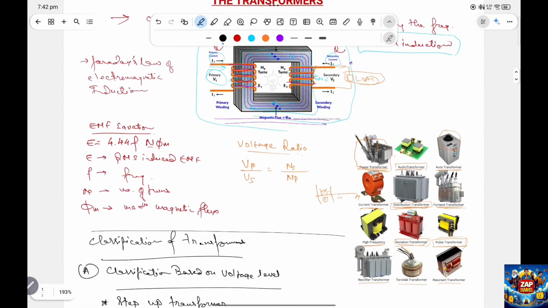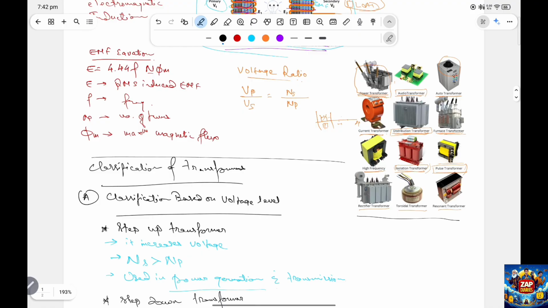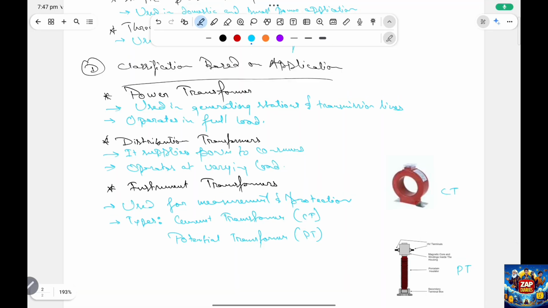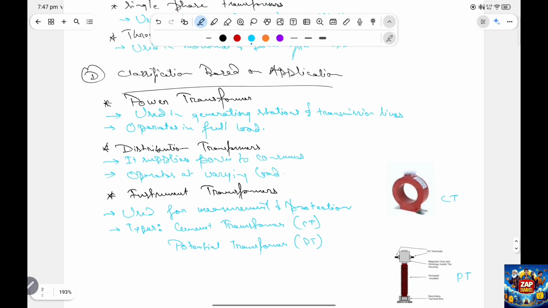Like I have shown over here, there are different types of transformer for different applications, right? Now coming to classification based on application, we have three types of transformers: power transformer, distribution transformer,